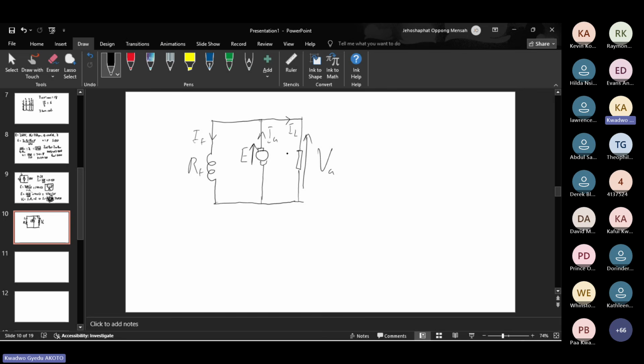Okay, so for a shunt connection, right, we know that IF,